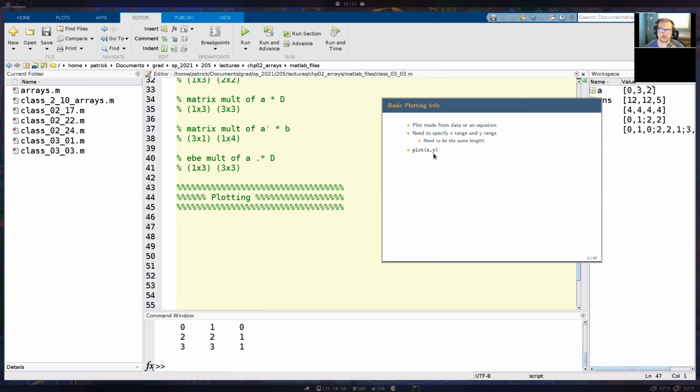To make our plots in MATLAB, we use the plot function. It's very intuitive here. We say plot, and then we give our x data, and then we give our y data, and then we can make our plot. From this, we're going to add on a whole lot of other stuff to clean up the plot and make it look nice.